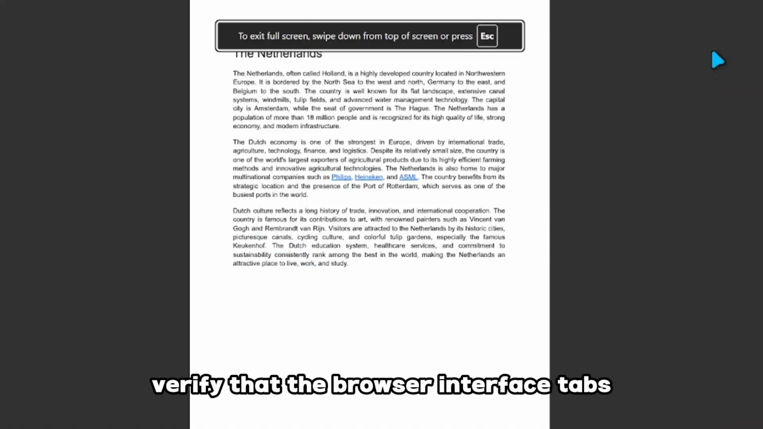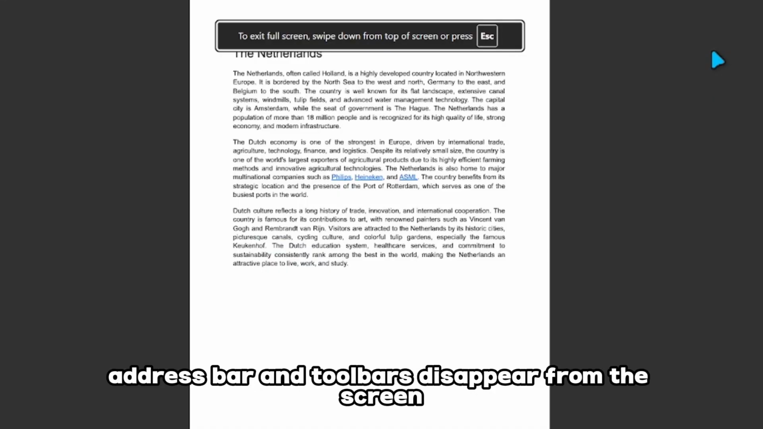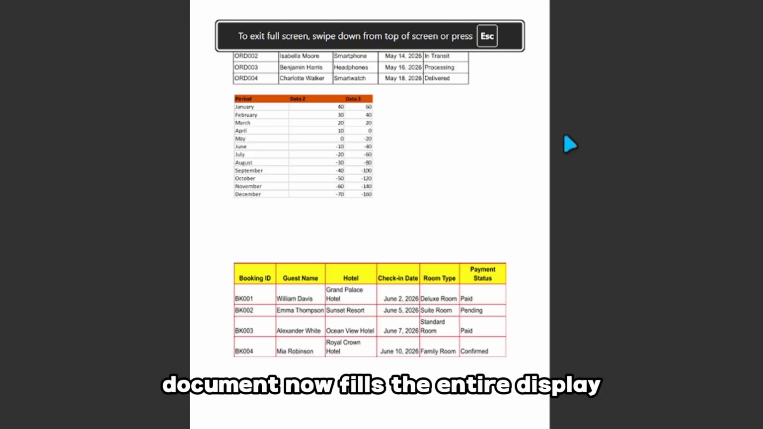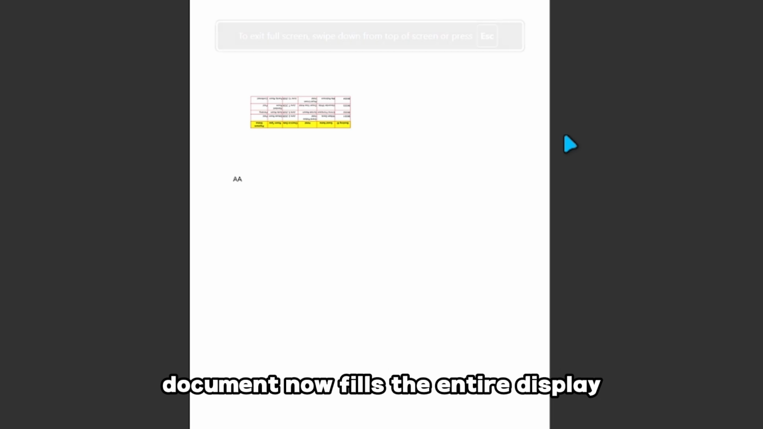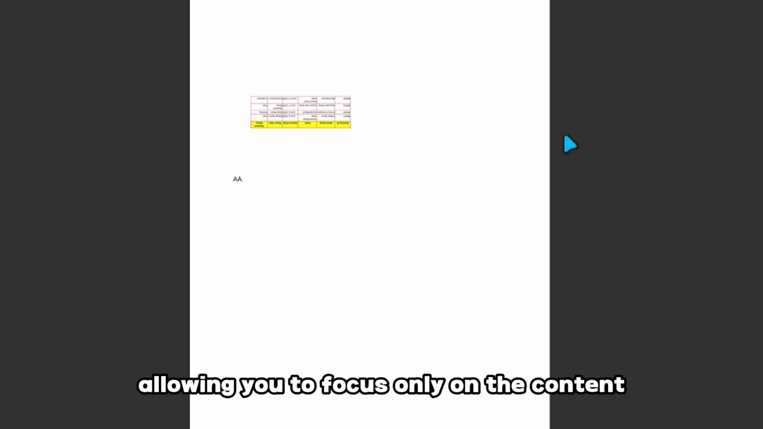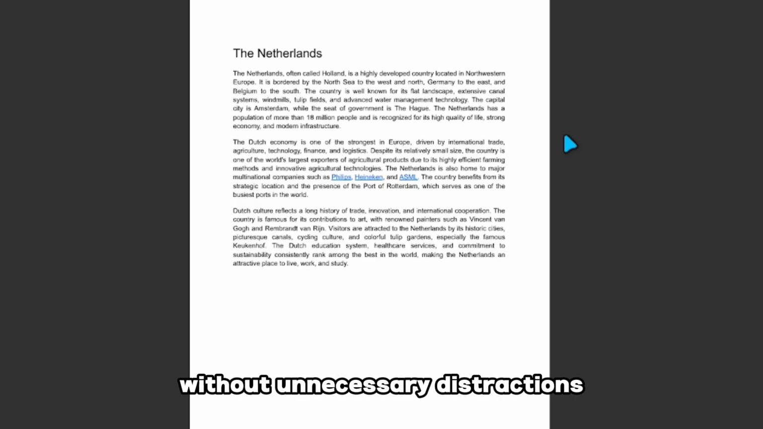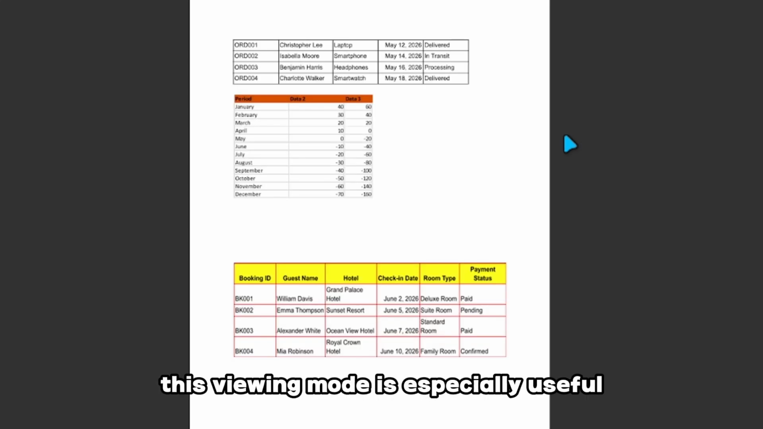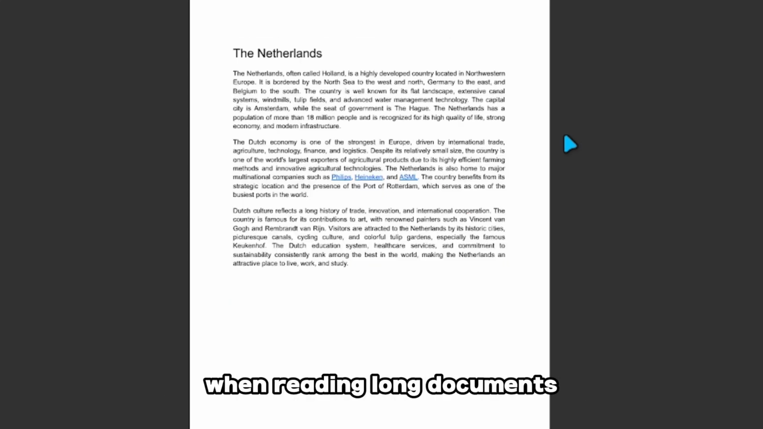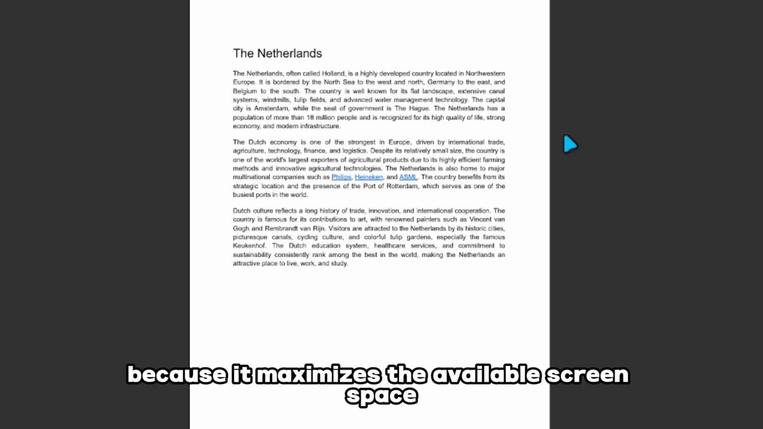Verify that the browser interface, tabs, address bar, and toolbars disappear from the screen. Confirm that the PDF document now fills the entire display, allowing you to focus only on the content without unnecessary distractions. This viewing mode is especially useful when reading long documents, presentations, manuals, or reports because it maximizes the available